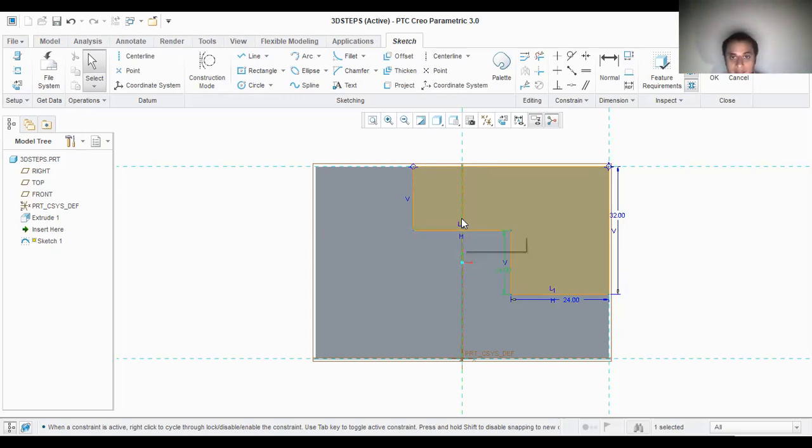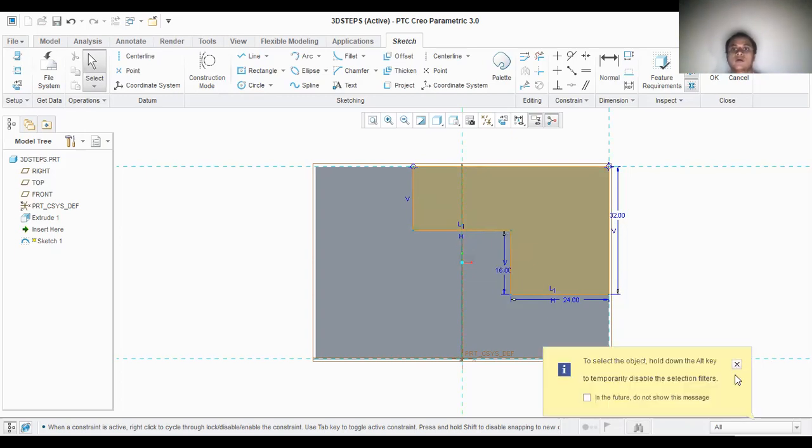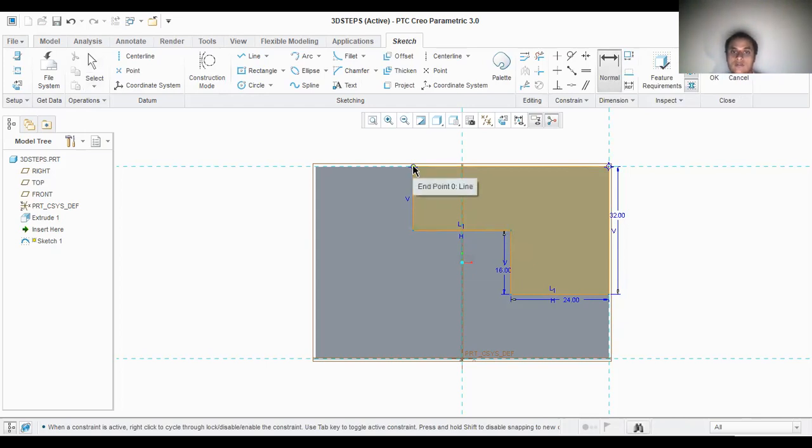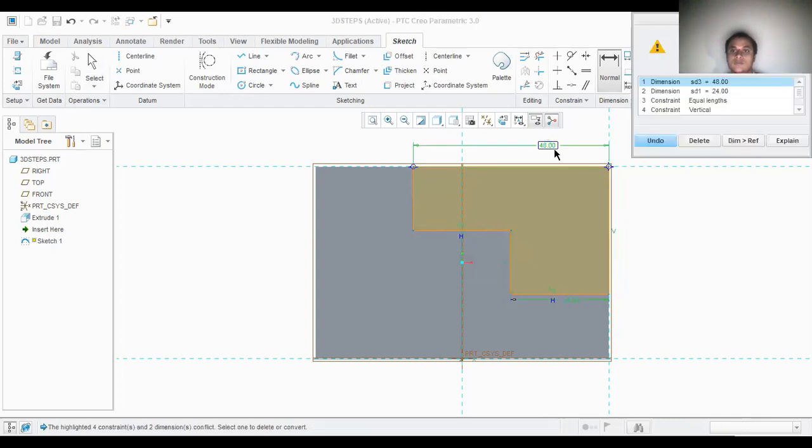And here I can give this distance. Okay, so here I need to specify this distance, but it is not showing, so I can click on normal. I will select this one and this one. I'll click on the center of my scroll button. So automatically it is 48. You can see it is 48.